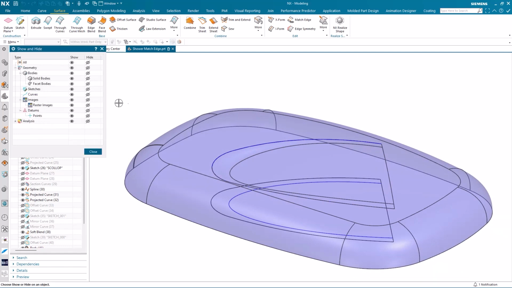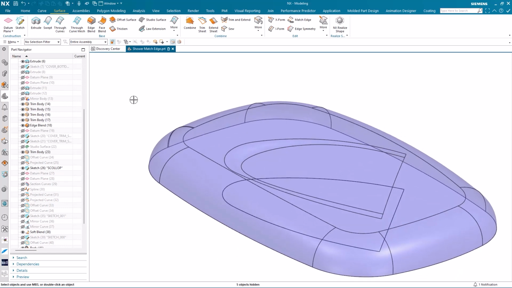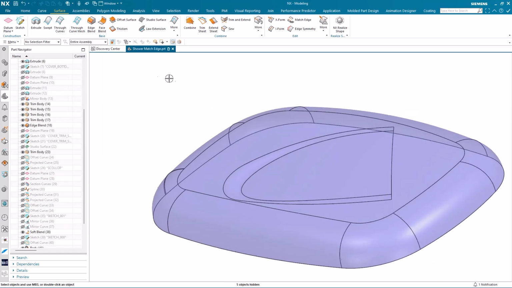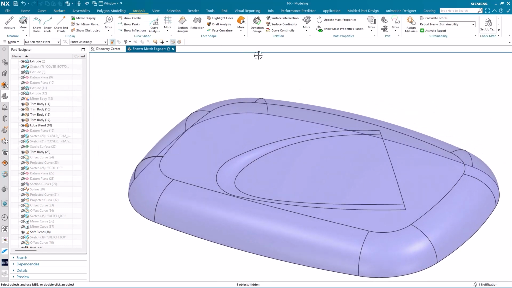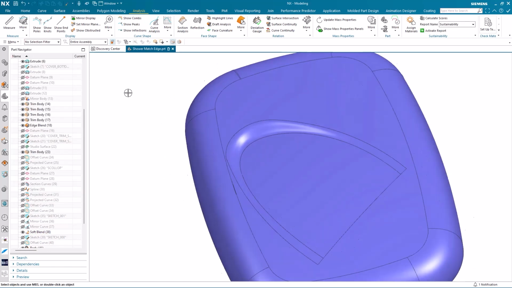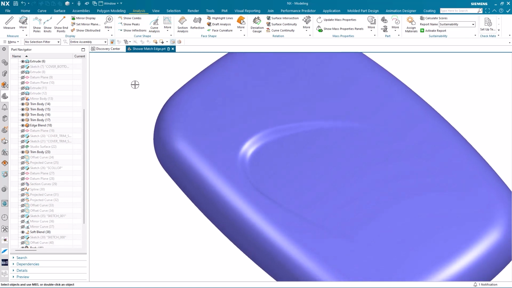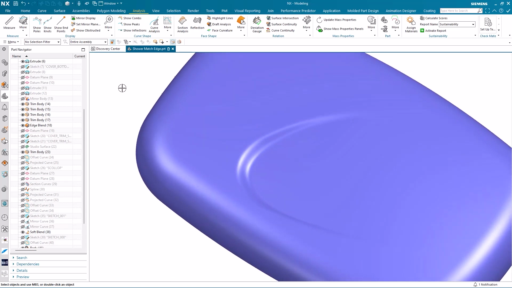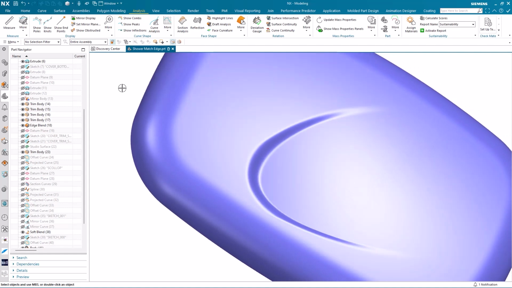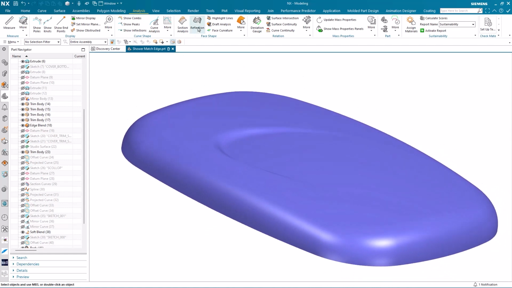I wanted. So I'm going to hide some of the extra geometry I don't need and change the display of the shower cover from translucent to opaque. And when we do this, we get to see exactly what we've done with the scallop in the shower cover. And when I remove the face edges, you can see how smooth the transition is between the scallop and the